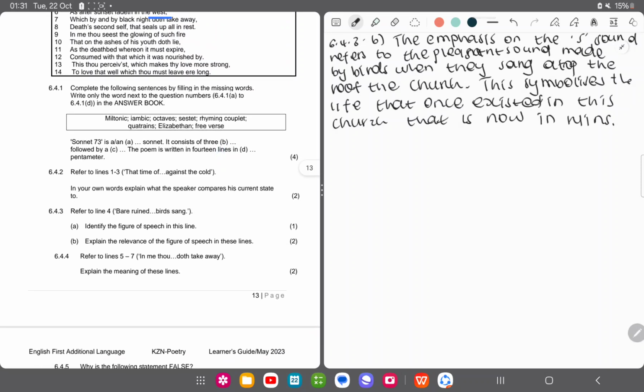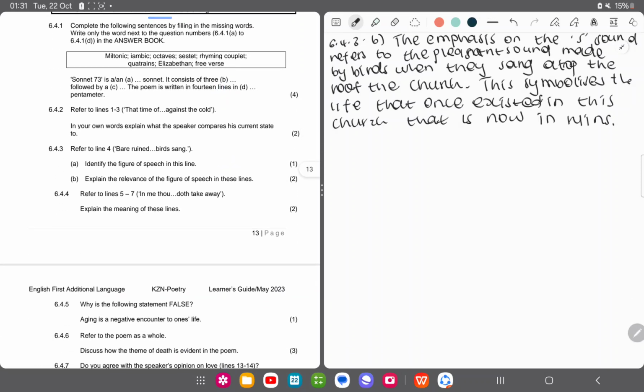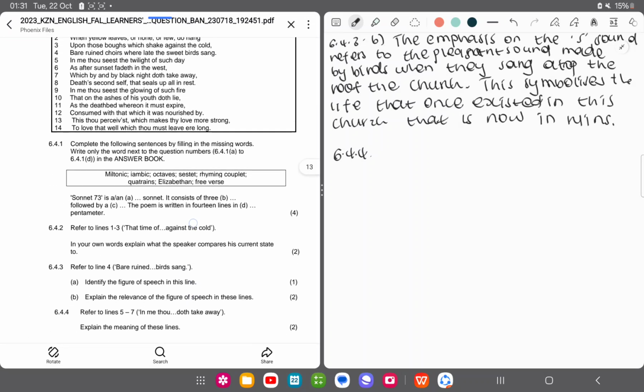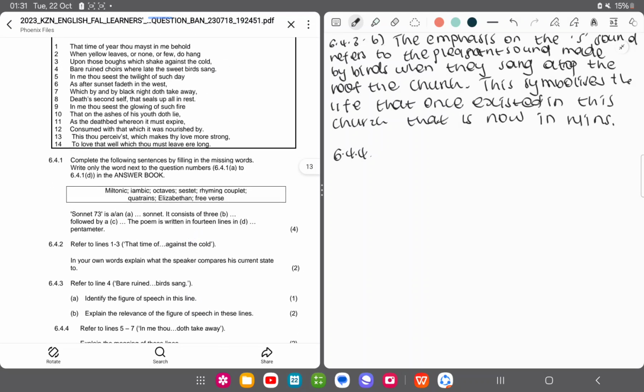Right, so let's move on to 6.4.4. It says refer to lines 5 to 7 and explain the meaning of these lines. Lines 5 to 7 say, "In me thou seest the twilight of such day as after sunset fadeth in the west, which by and by black night doth take away." So explaining these